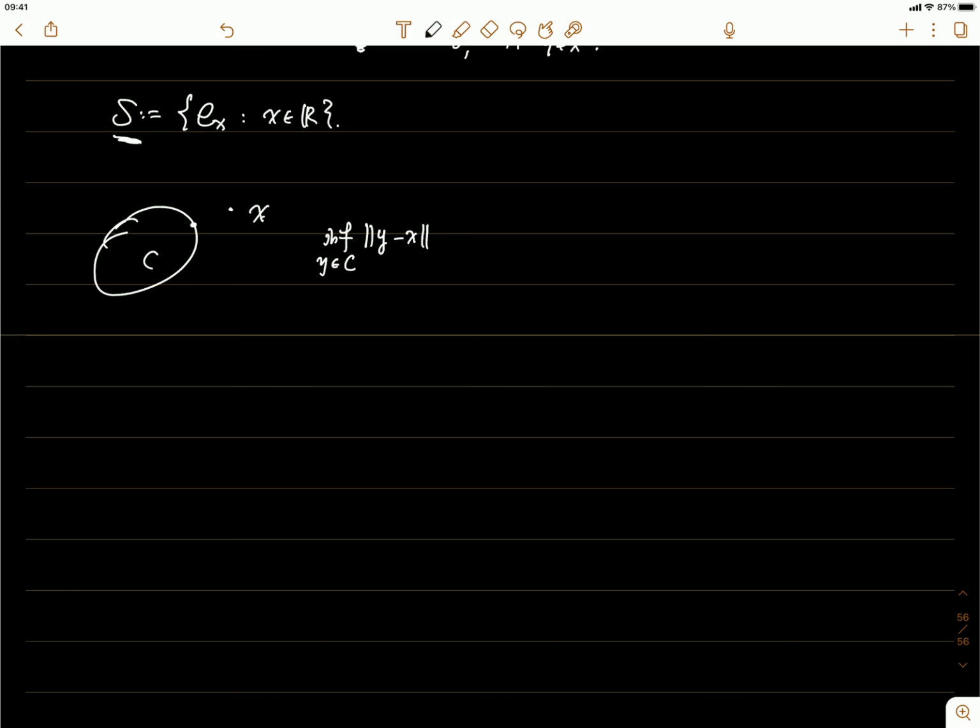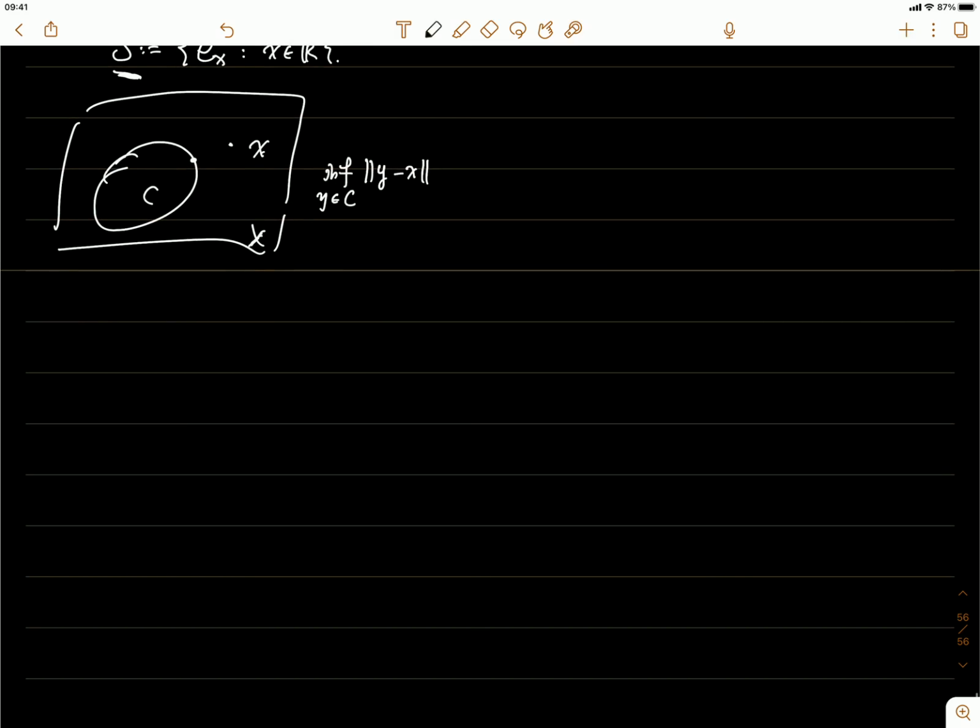So we have a point X which is outside of a closed convex set C here, and everything is entirely in the whole space X, which is a Hilbert space. Then the question is whether the projection point exists and whether it is unique. Okay, since it's a linear space, we can always move things around. Let's say that the point X here is actually 0. Let's say we do a projection of 0 onto C and see if the solution